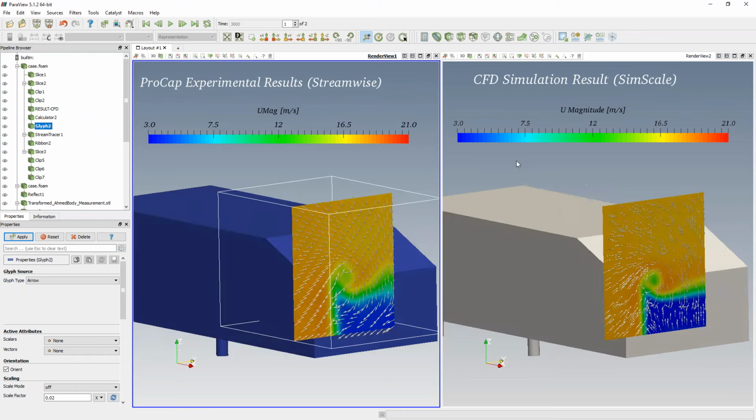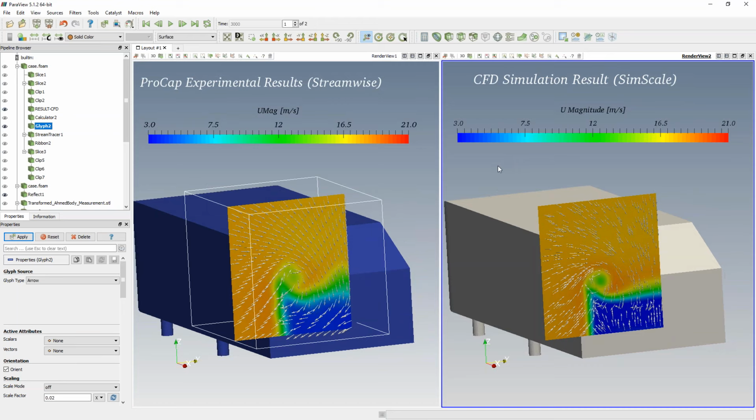For the CFD simulations, we already know the data is generated in vast amount of quantities, but we don't know whether it's close to the experiment. So this tool brings you a good comparison of your CFD results with experiments to validate your simulations. Okay, I would now move back to the presentation